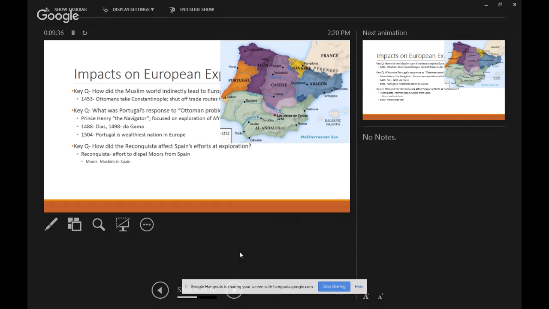So this would have been a map of Spain around the same time that the Crusade is going on, and Constantinople's getting shut down, Portugal's building themselves up. This is Spain. This area in the green down here, that's where the Muslims are in control. And what we're going to see is that as we get into the 1400s, the Spaniards are going to sweep down, kick the Muslims out. This is called Reconquista, or the Reconquest. And now we have an actual Spain.